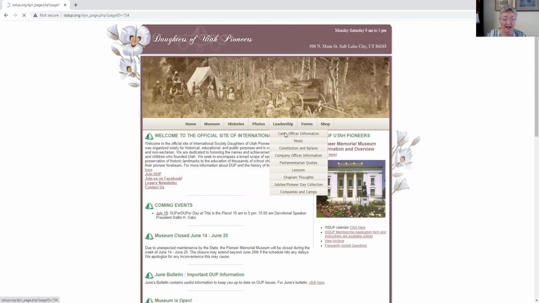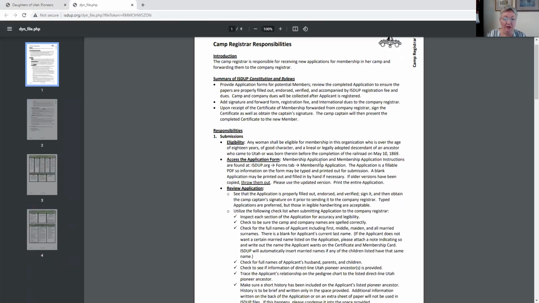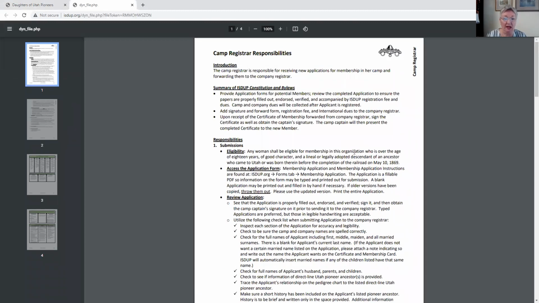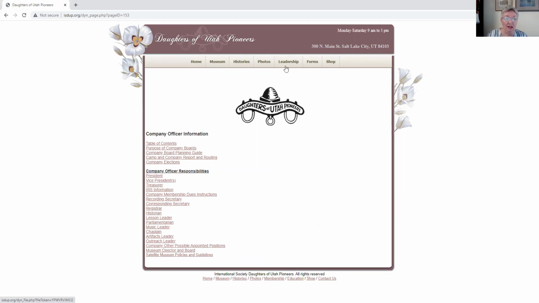If you click on it and go to registrar, the camp registrars will be able to see step by step what will help them in reviewing the applications. The company officer information is very similar, and that's the one that we will look at more thoroughly. So I went to leadership, down to company officer information, and clicked on registrar.